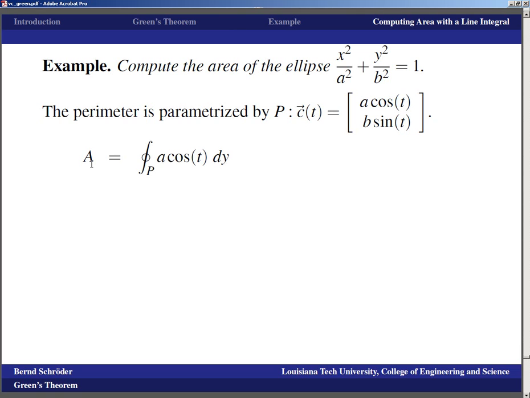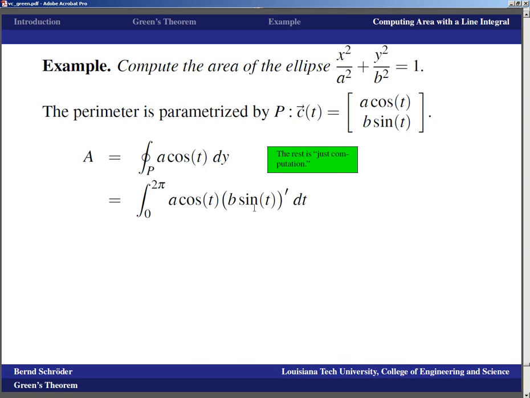And that means I can write up the area as the integral of x dy. Well, x is a cosine t, and dy would be the derivative of b sine t. So the rest is now just computation, because to parameterize it, I need to integrate from 0 to 2 pi, because I have to go all the way around the perimeter, of a cosine t times the derivative of y, y prime dt, which is dy, right? dy is y prime dt. So we end up with b times sine t prime, and that is nothing but the integral from 0 to 2 pi a cosine t b cosine t dt, which is ab integral 0 to 2 pi cosine squared of